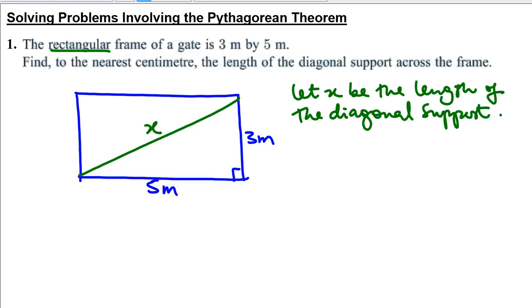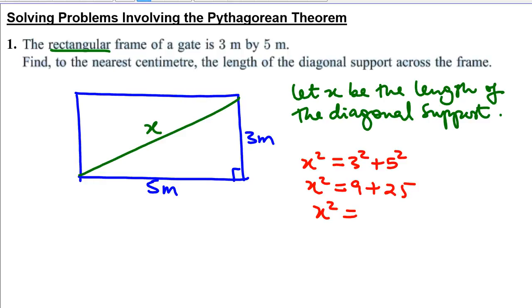And we can use the Pythagorean theorem to find x, because this triangle is a right angle triangle, which means that x squared should be equal to 3 squared plus 5 squared. That will be 9 plus 25, which will be 34. Therefore, x will be the square root of 34,